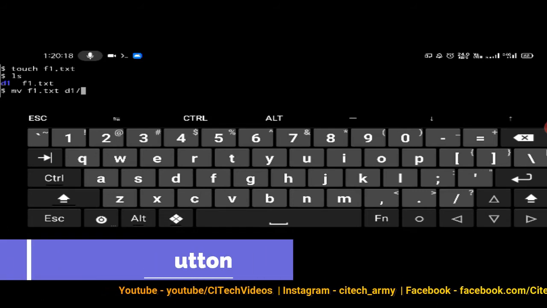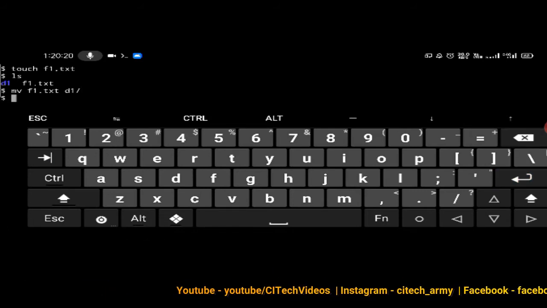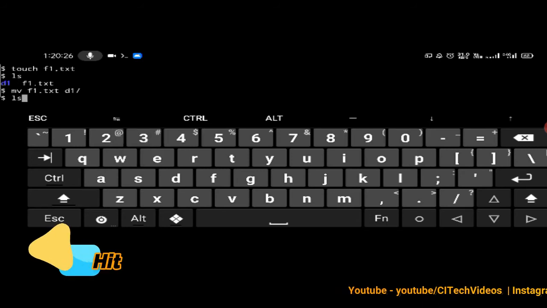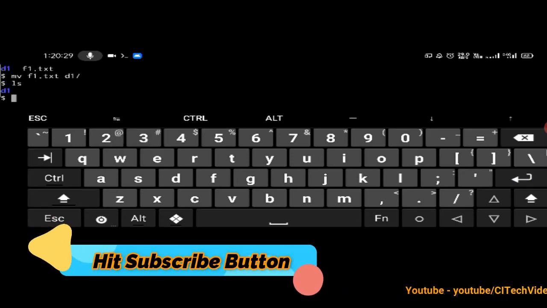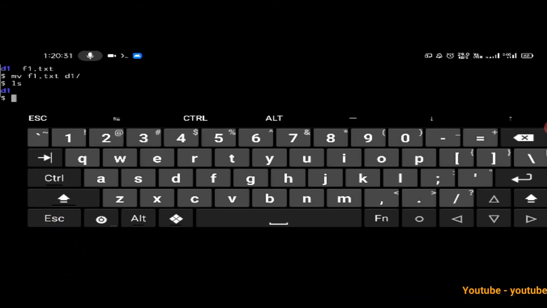Press enter. Now check whether the file is moved or not. Type ls and press enter. As you can see, f1.txt is not available here, so it should be inside the d1 directory.